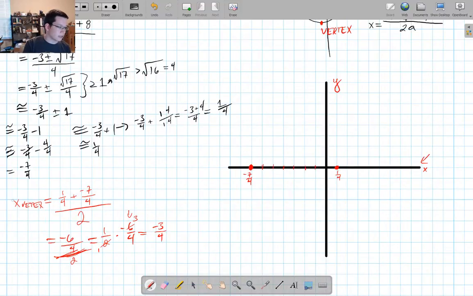So the vertex of the parabola happens at negative 3/4. So we go negative 1, 2, 3/4, so somewhere on that line